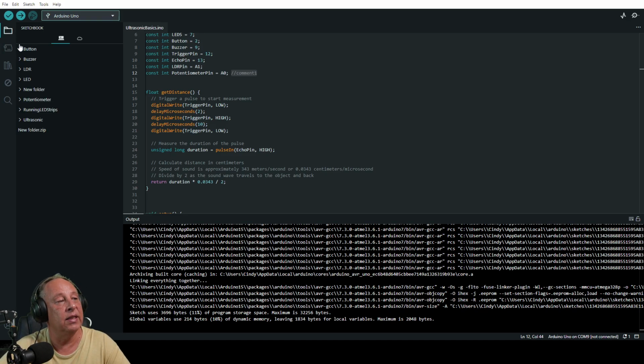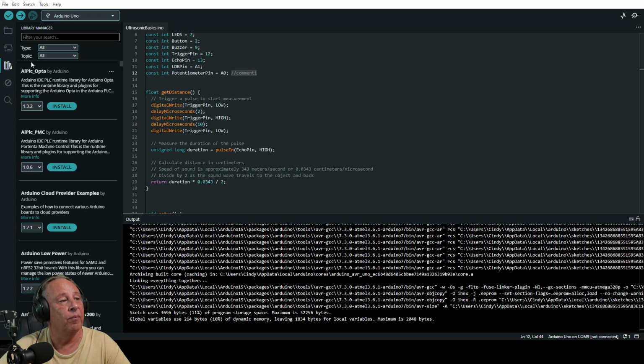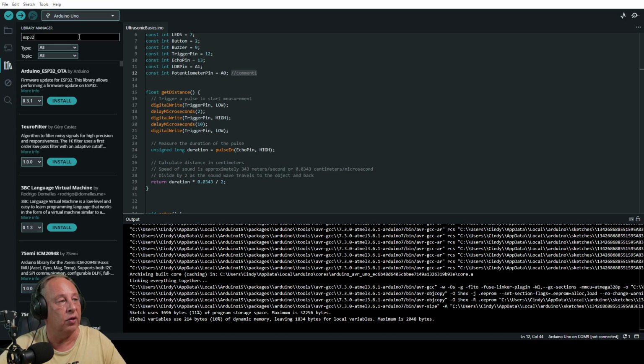For instance, here is where you'll find all your sketches, in other words, programs. You can install boards because the Arduino IDE is not just supporting the Arduino products, they also made it available to support boards like the ESP32.